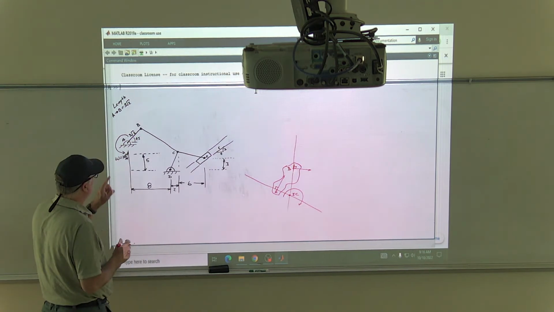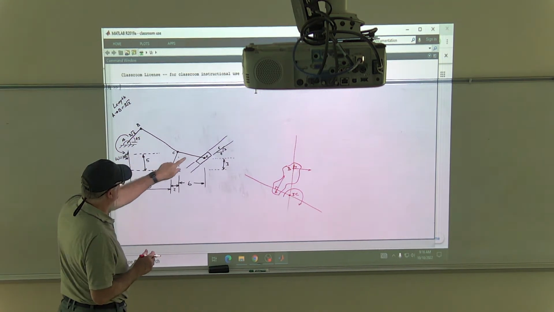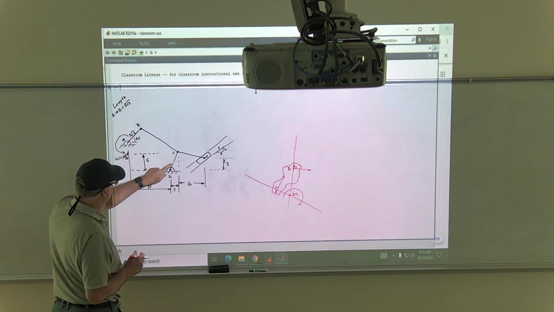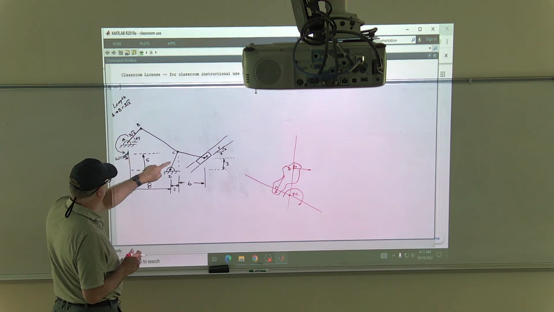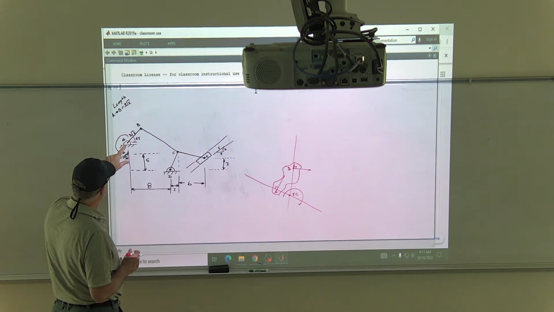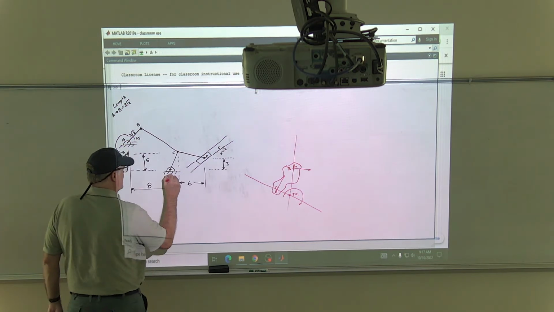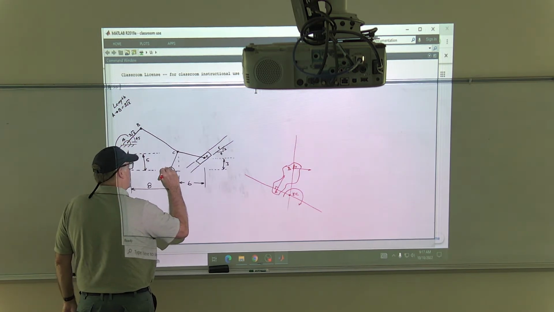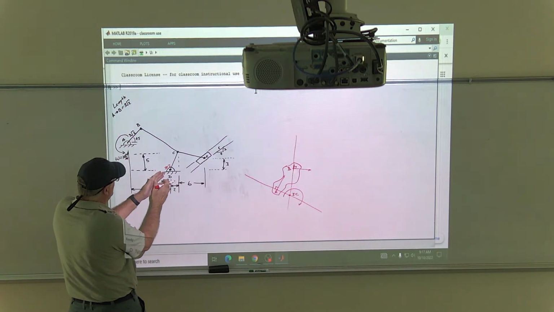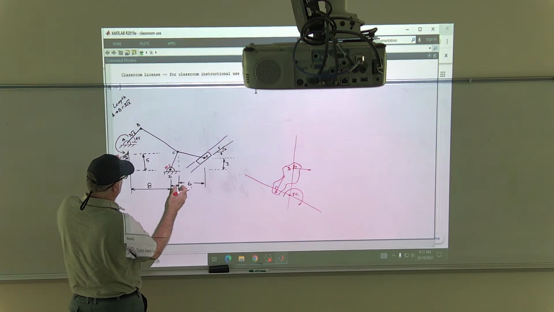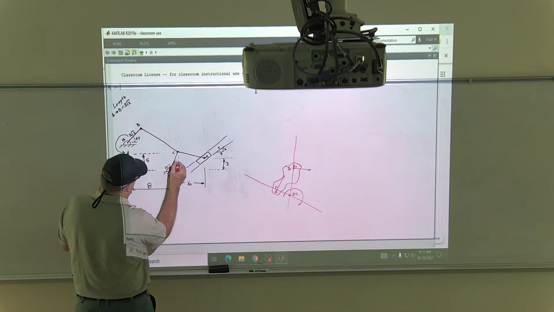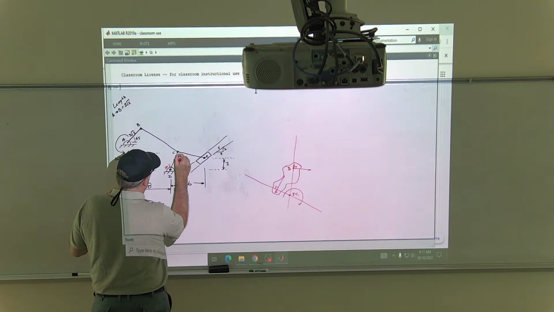Okay, so let's look at the number of links. We got 1, 2, 3, and 4. This one and this one, really simple. Super, super simple. The instant center is right here for that link. But the instant center is different for every single link. So technically, okay, I know the velocity